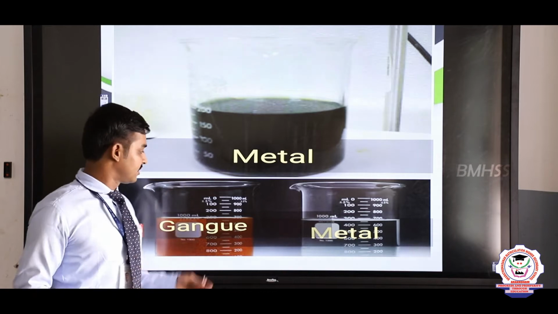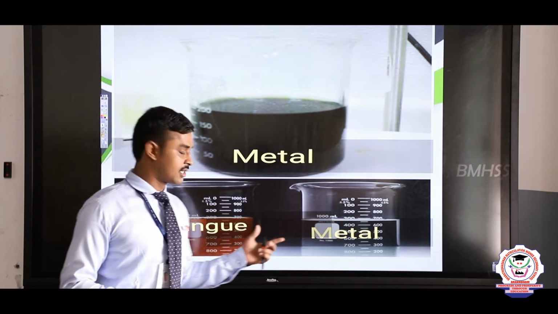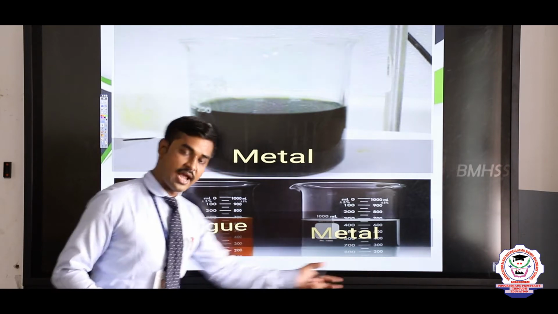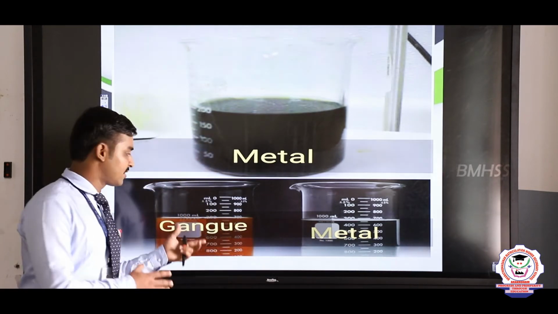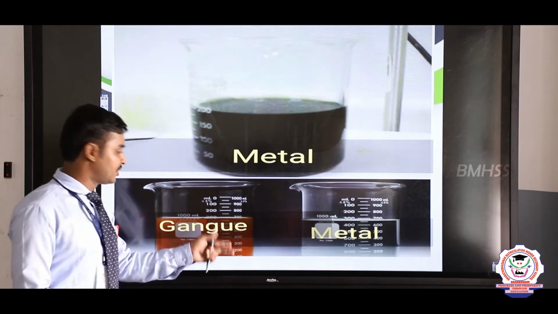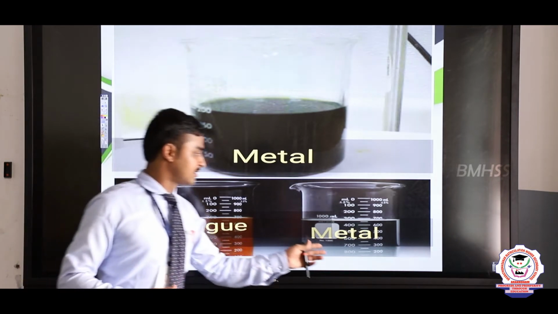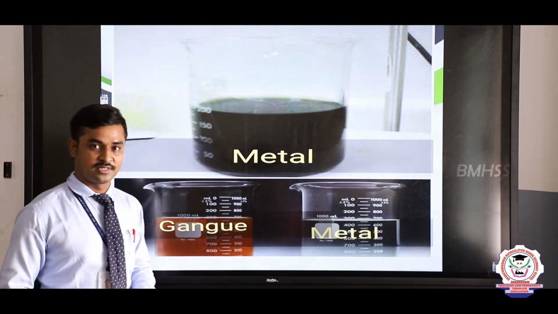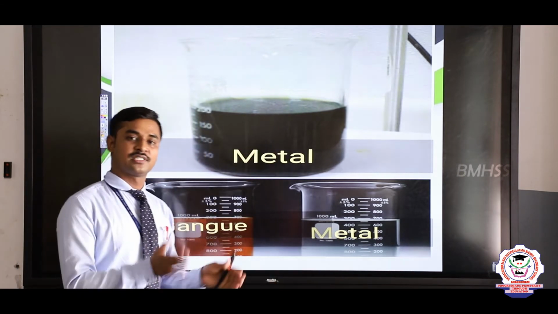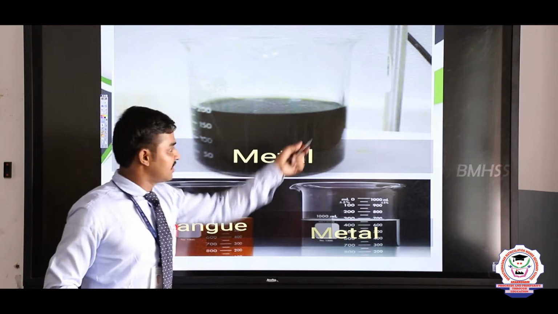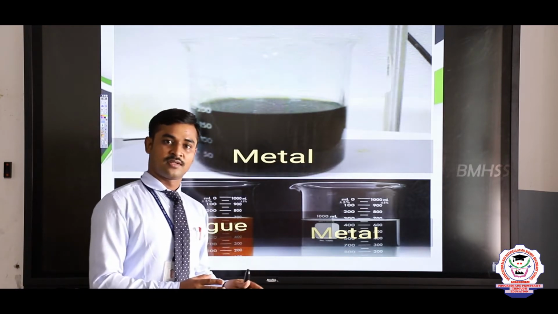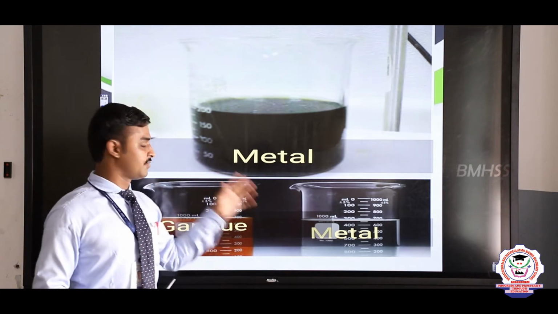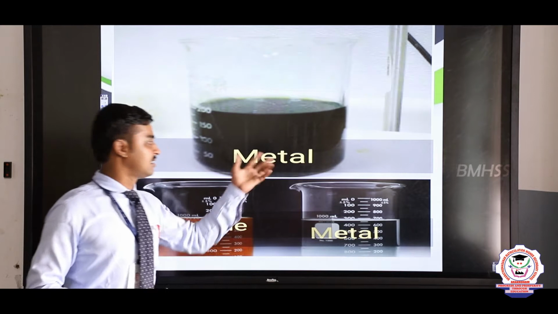You already know that in the gravity separation process, the metals are precipitated down and collected alone, and the impurities are dissolved in the solution. So impurities are dissolved in the water and the metals are collected alone. But the leaching process is opposite to that. That is, the metal is dissolved in the solution and the impurities are not dissolving. This is the difference between gravity separation and the leaching process.